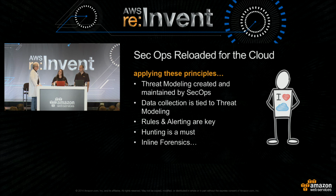There's not a lot out there yet. There's not a lot of attack profiling that's been done for the cloud. There isn't a lot of information out there about what's actually happening and what we're seeing in the event streams. And so we actually had to start figuring out, how are we going to keep track of things? And so what came up was we had to have rules and alerting and have some way to flow data